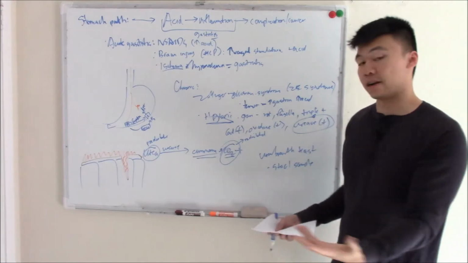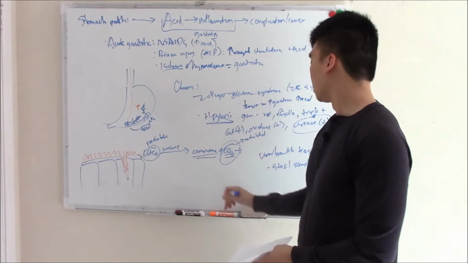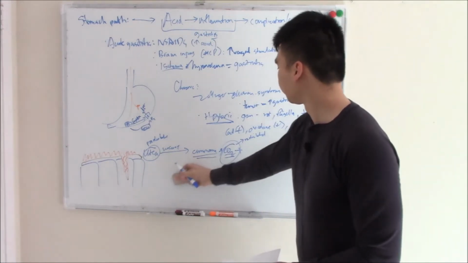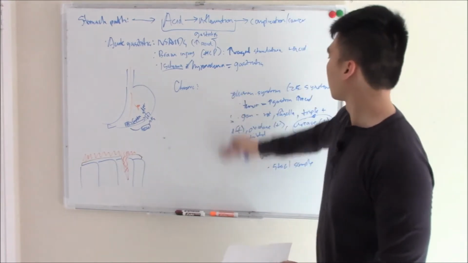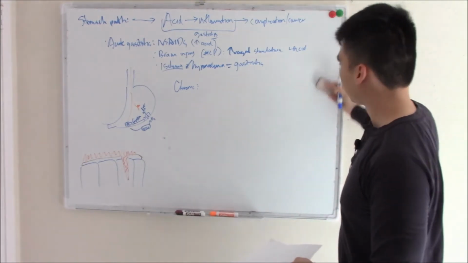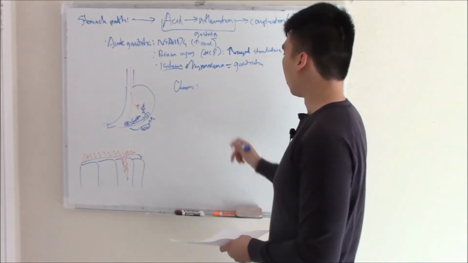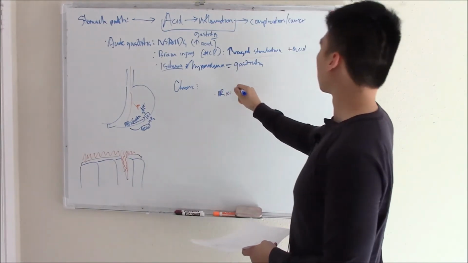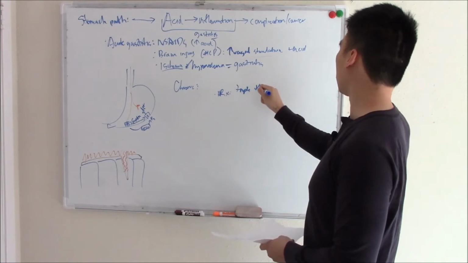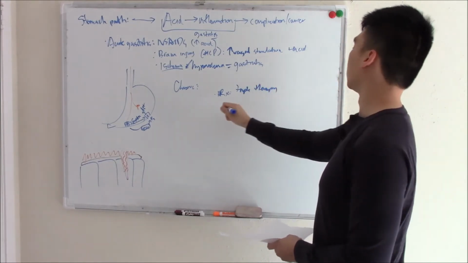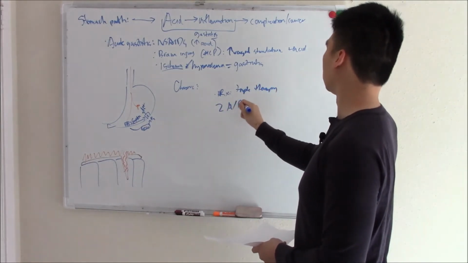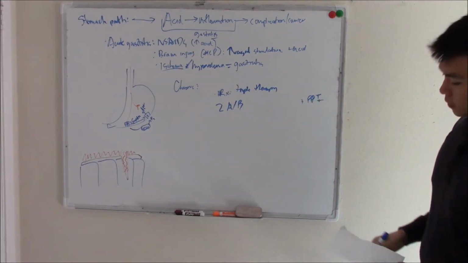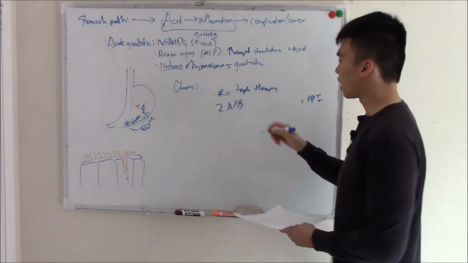The patient comes in with epigastric pain, you do your breath test. They have H. pylori. How do you treat it now? So the treatment for H. pylori, let me write it up here. The treatment for H. pylori, Rx, is going to be something called triple therapy. We call it triple therapy because you have two antibiotics and the proton pump inhibitor, PPI, to reduce that acid. The two antibiotics are going to be your